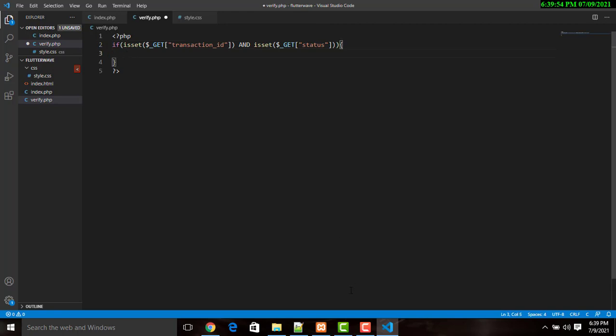Okay, so within this place, the next thing that I'm going to do right now is to throw in my curly braces, and I'm going to first of all get that transaction ID from the URL. And to get it from the URL is really very simple. So I'm going to put that in a variable and say something like trans_ID, and that is going to be